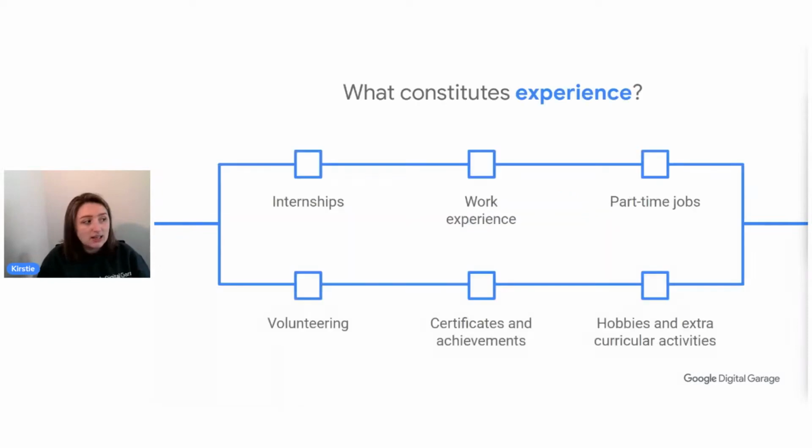Because actually, what is experience? And a lot of people think that experience is only having physical work experience. But ultimately, your experience covers absolutely anything that showcases to a potential employer that you have a specific set of skills or a specific strength that would allow you to fulfill the job role in that job description. And there's a few different ways that you can gain that experience: internships, work experience, part-time jobs or weekend jobs, volunteering,